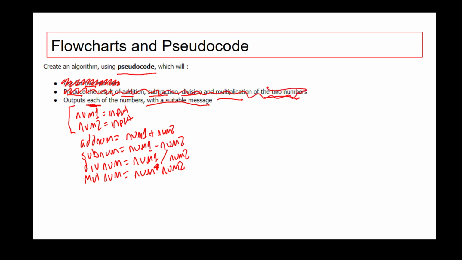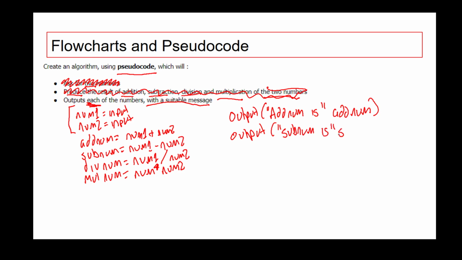And now we output each of the numbers with a suitable message. So you would need to write this down here, but I'm just going to go over here because I've got more space. So I'm going to go output addNum is, and then I'm going to go for addNum. And then I can do the same again. Output subnum